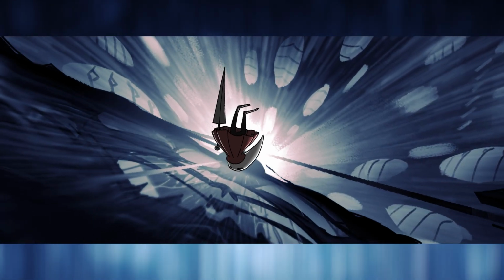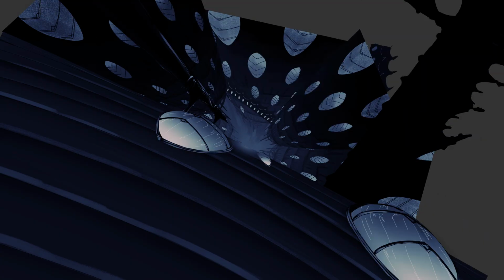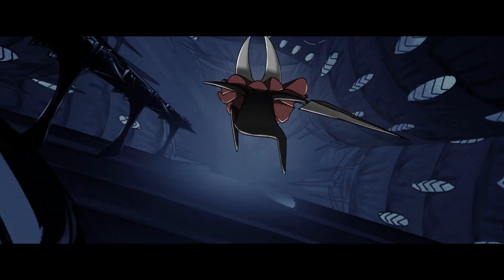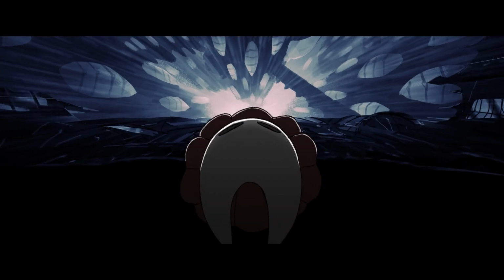For shots with significant camera movement, I essentially mashed 2D layers together and transformed them over time to make the whole thing look 3D, even though there's no actual 3D at all. It helps create an organic feel to the environments like the ones in Hollow Knight. Well, I kinda lied.